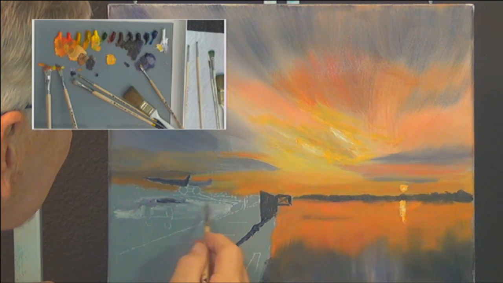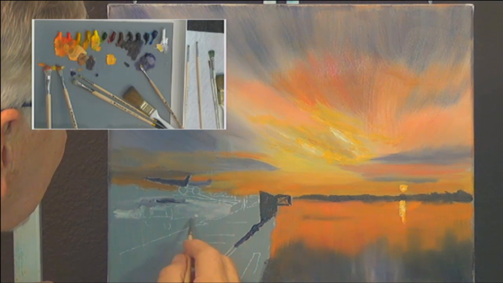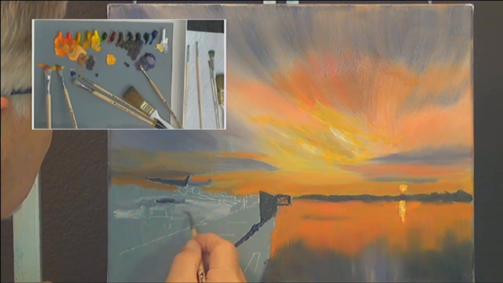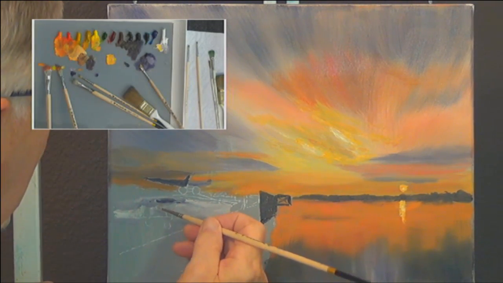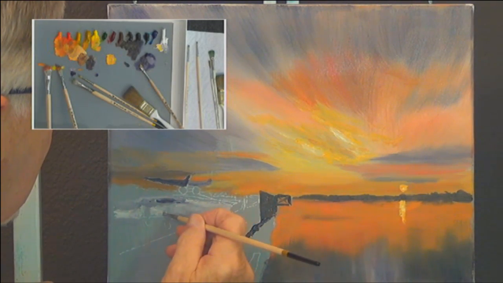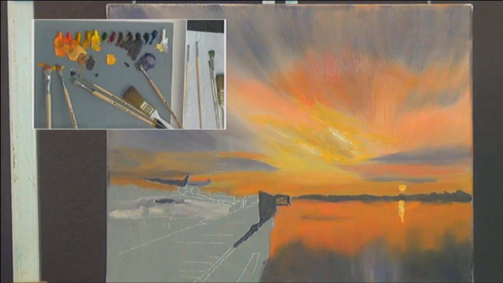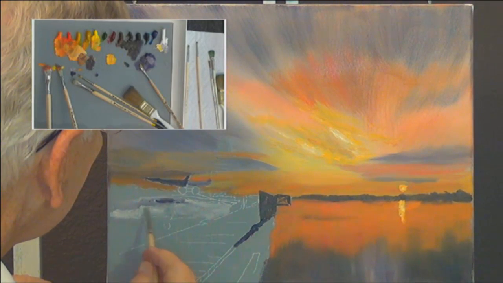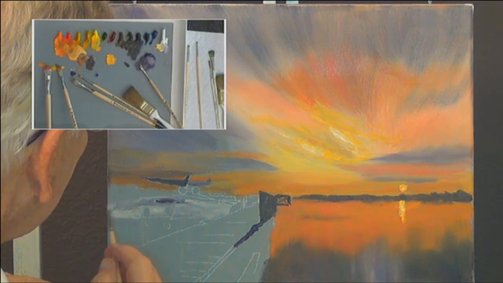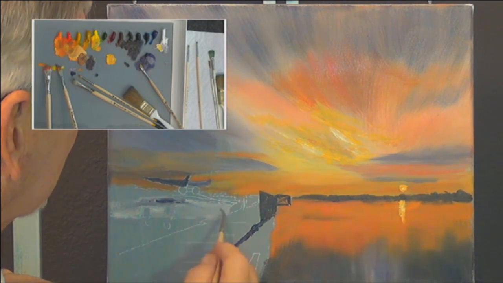So this is not a sailboat here I'm painting. This is a power boat. So it's docked right next to these two sailboats back there. So let's put all this in. Hard for you to tell that's a boat, I'm sure. But we'll be putting some more things on there in a minute to make it